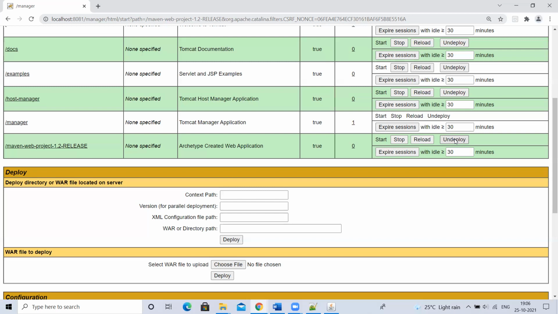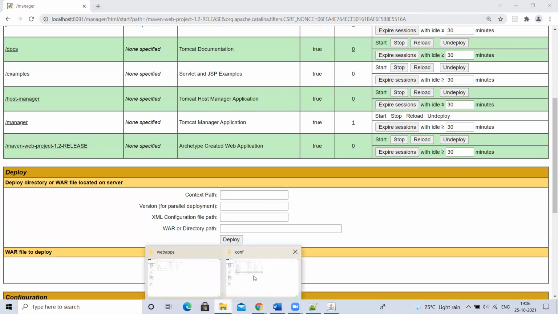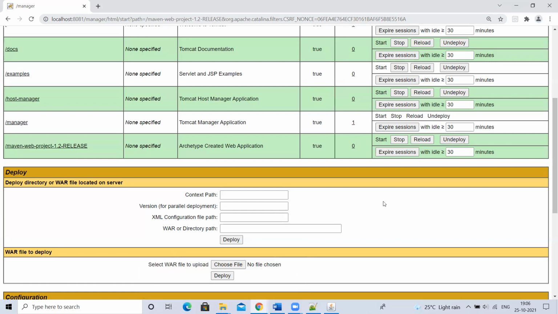What if I have lost the WAR file? I deployed just now from my original location, my Maven target directory, and I removed that artifact. I deployed my application here, so I removed it. Now, if I undeploy it and I don't have a backup of my WAR file, it's gone. Yes or no? Again, I have to rebuild. Maybe the developer has modified the application, so I cannot get the same WAR file once again. Yes or no, guys? Yes, sir.